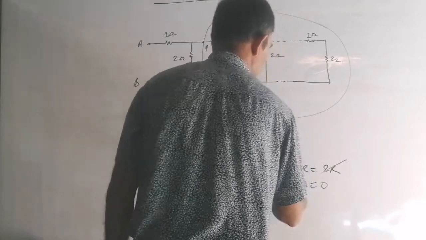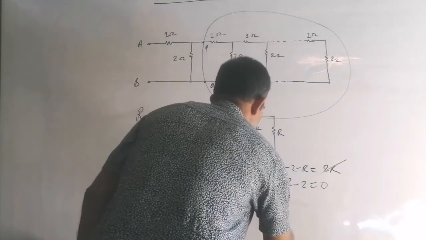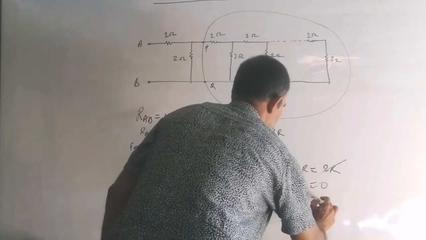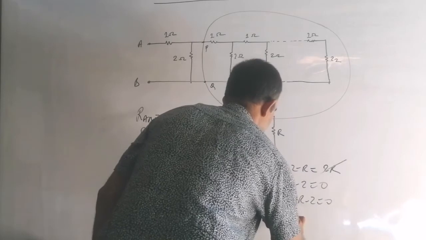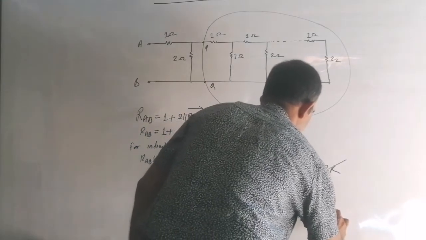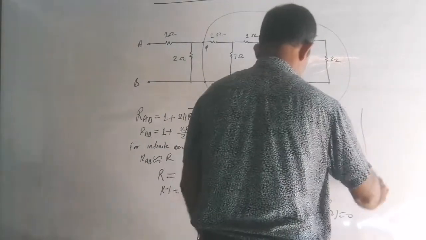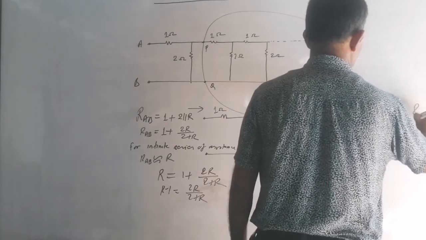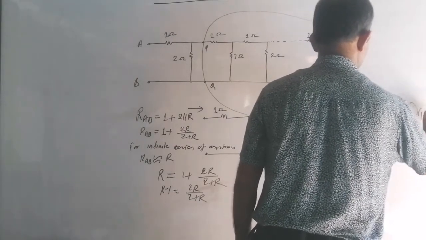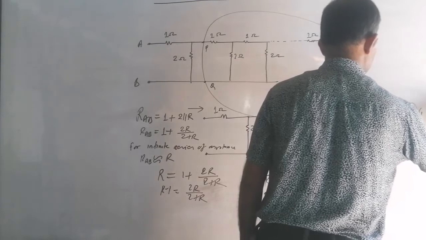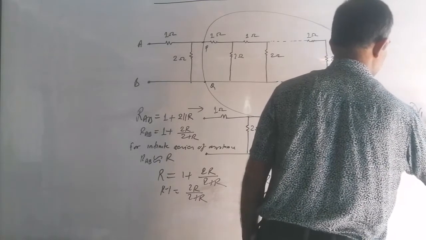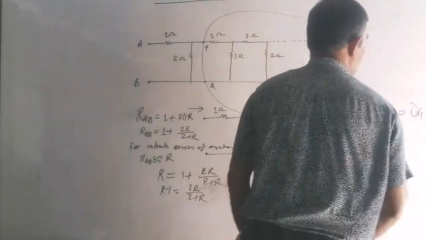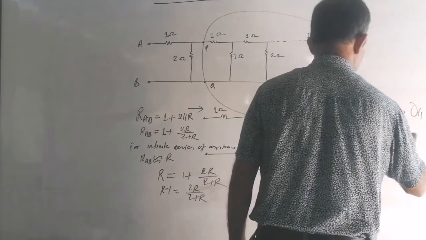Now what is left? Just factorize it, and I think you are good enough in this algebra. So R square minus 2R plus R minus 2 equals 0, and R is common, R minus 2, and plus 1 common, R minus 2 is equal to 0. So there are two factors we are getting: one factor is R minus 2 equals 0, and the other is R plus 1 equals 0. So R equals minus 1, it's not possible. You know why not possible? Because resistance cannot be negative, and so I get R equals 2.